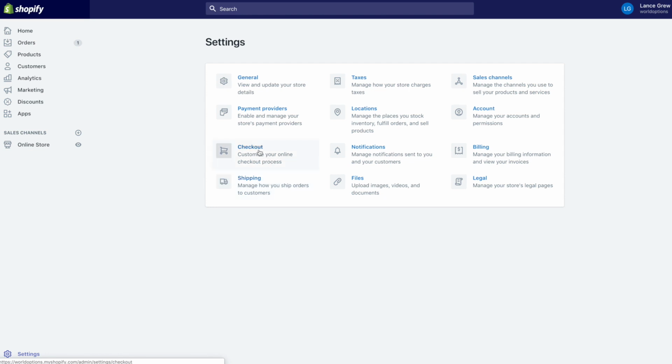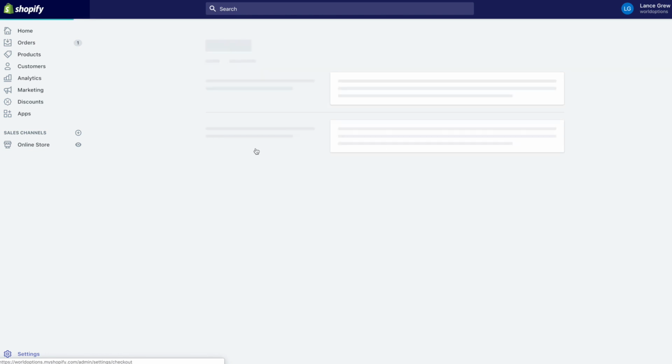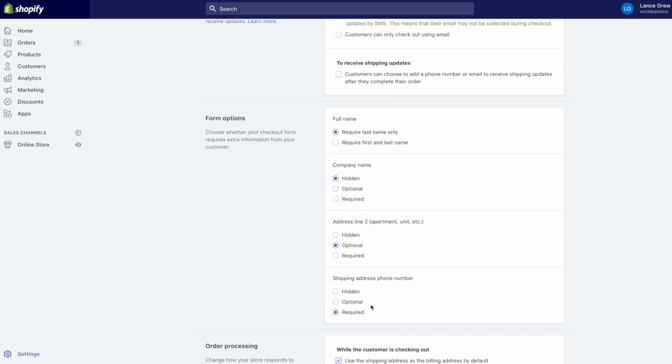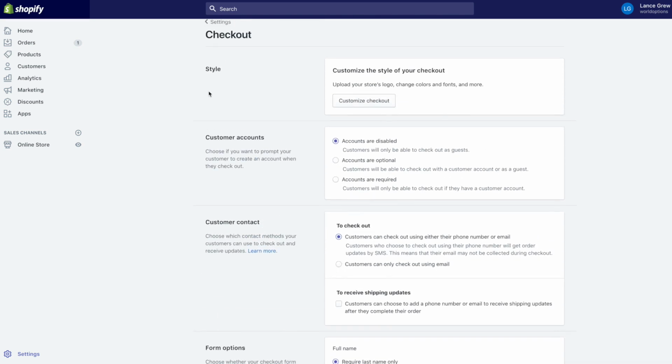So we do that by going to checkout, scrolling down to form options, and selecting shipping address phone number is required. Next, we want to tell the Shopify to choose world options at checkout. And we do that by going back